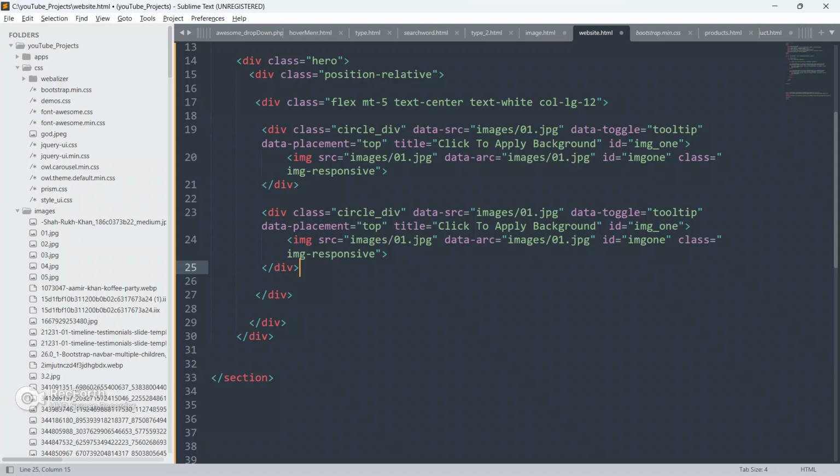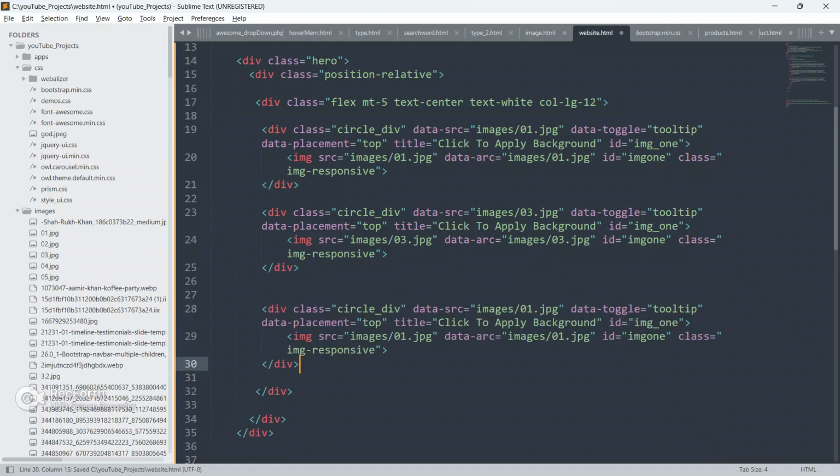Okay, so give image 3.jpg, change this to 3 also, and change this to 3 also.